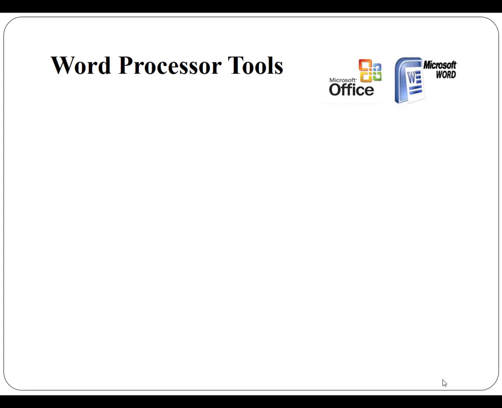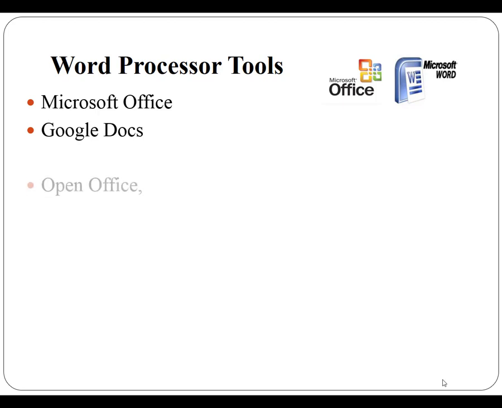Now we're going to discuss the different types of word processor tools available. Microsoft Office Word has become the most popular word processing tool in the world. It is available for Microsoft Windows, Apple Mac OS, and for smartphones and tablets running Apple iOS plus Google's Android operating system. The online version is also available as a part of Microsoft Office 365, which enables users to collaborate remotely on documents and to store them on Microsoft Cloud servers.